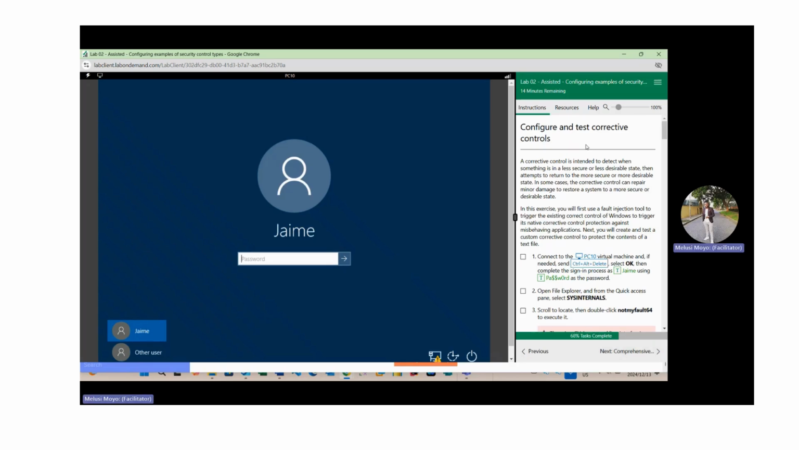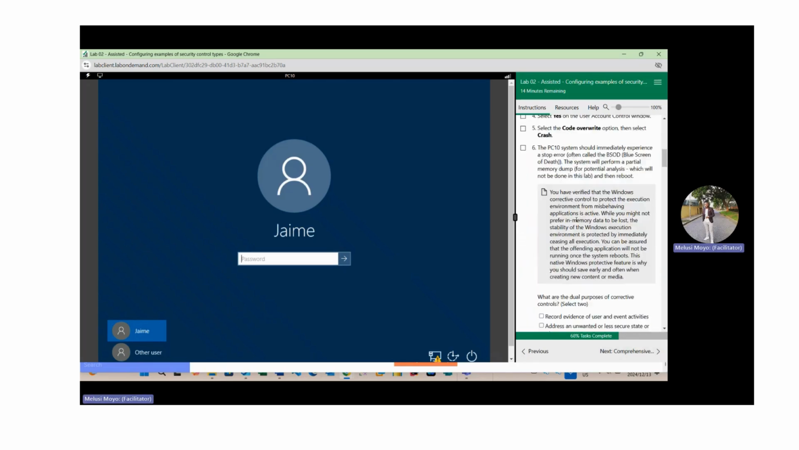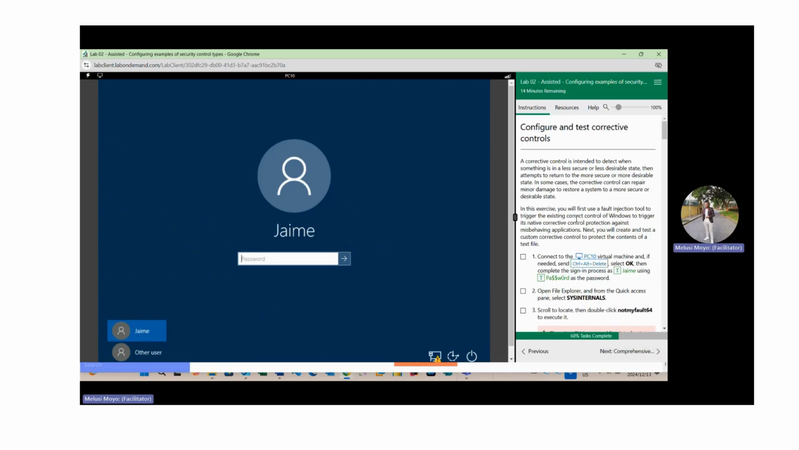And then the second one is corrective controls. The corrective control is intended to detect when something is in a less secure or less desirable state, then attempts to return to the more secure